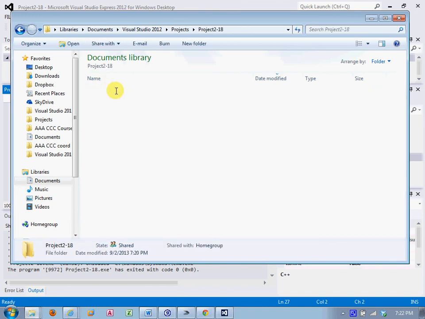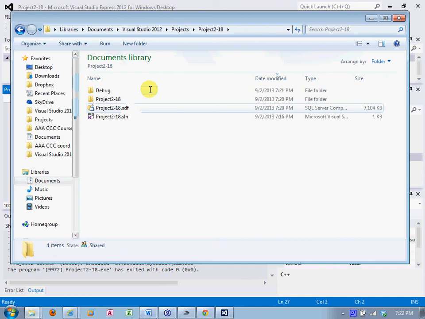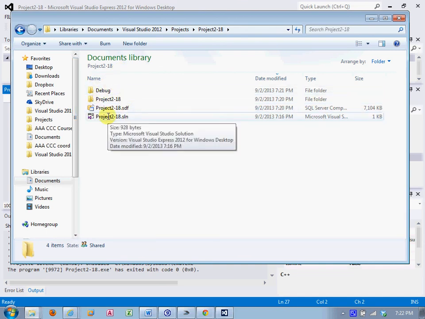If I want to bring this project back or want to open it again after I've closed it, I look for the .sln file, which is a Visual Studio solution, and it will open the project and all the folders and the source code file